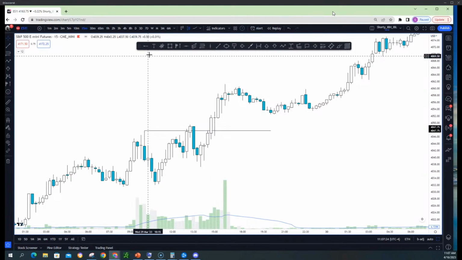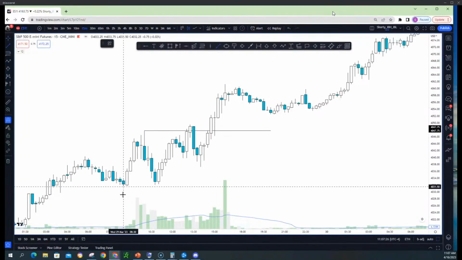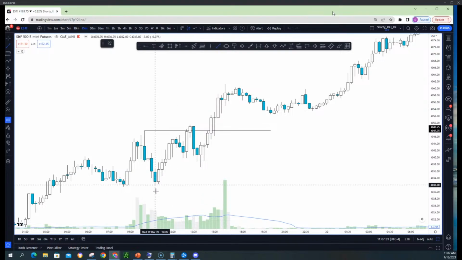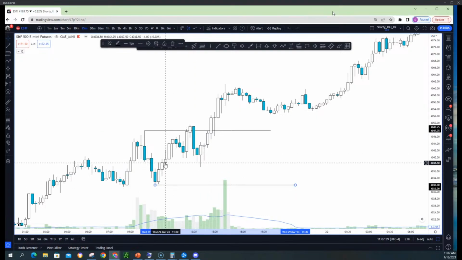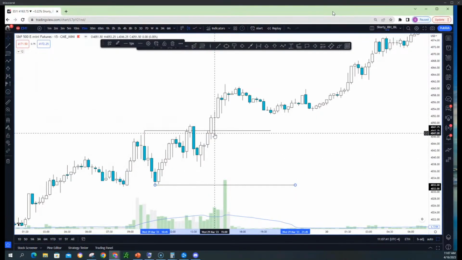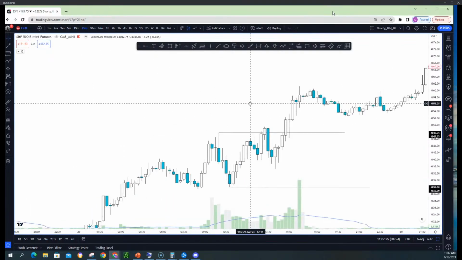And I used to trade that way as well. But I needed more confirmation because there's a lot of fake outs, right? So if I see that this is the low and this is the high, they're attempting here. They had a nice candle break, right? So here they come back into this demand and they go higher. He would go in on this candle here. So if I'm on 15 minutes, Wednesday, March 29th.